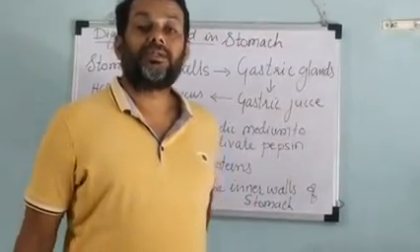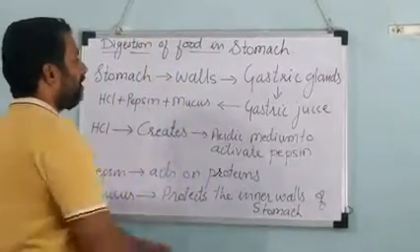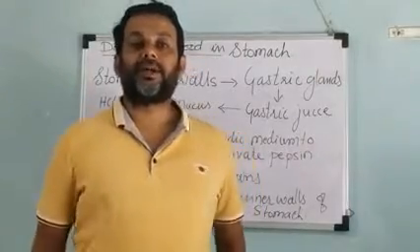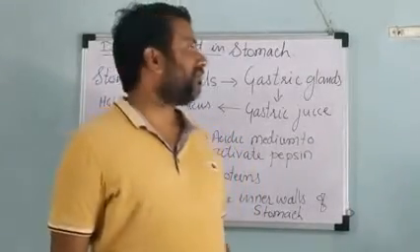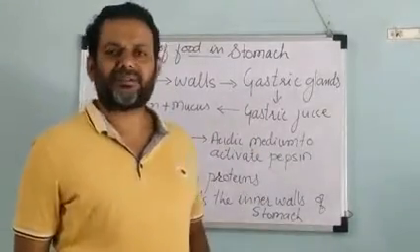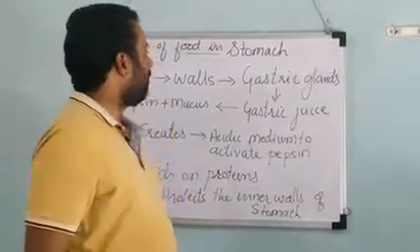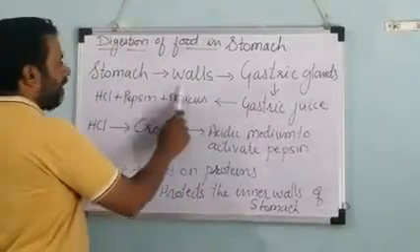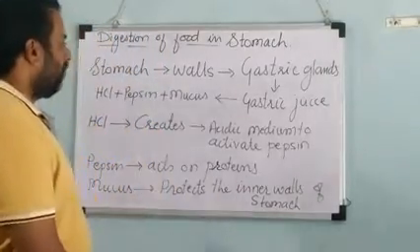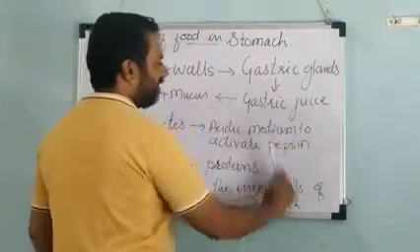Okay, now the digestion of the food in the stomach. You all know that our stomach acts as the reservoir of the food. It has the capacity up to 3 liters. Once the food enters the stomach, it is an elastic bag which expands and stores the food for hours. Then the walls of the stomach produce a juice called the gastric juice. There are glands in the walls of the stomach which are called the gastric glands, and these gastric glands will produce the gastric juice.